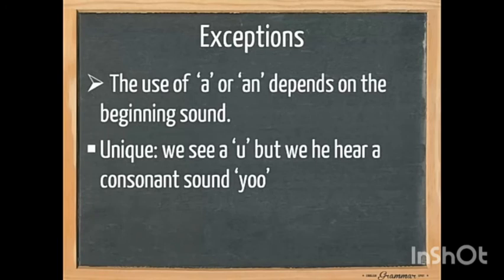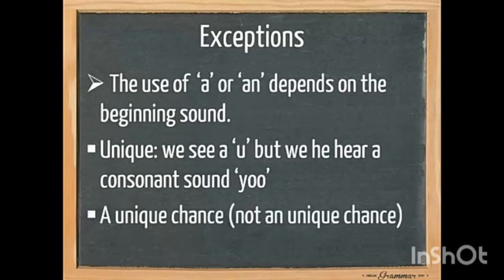Next, in the word unique, we see a u, but we hear a consonant sound of y-o-o. So we use a unique chance and not an unique chance. So we can sum up that the use of a and an depends on the sound of the vowel or